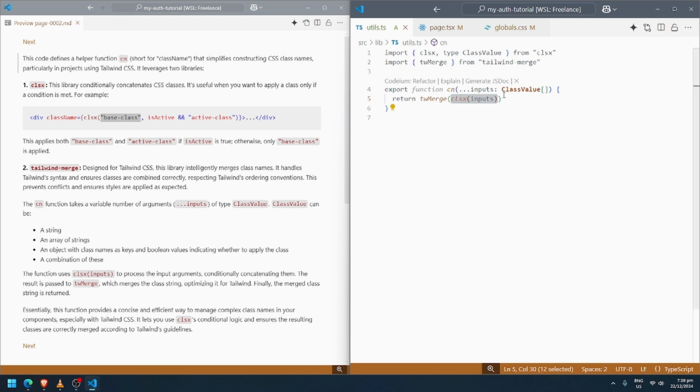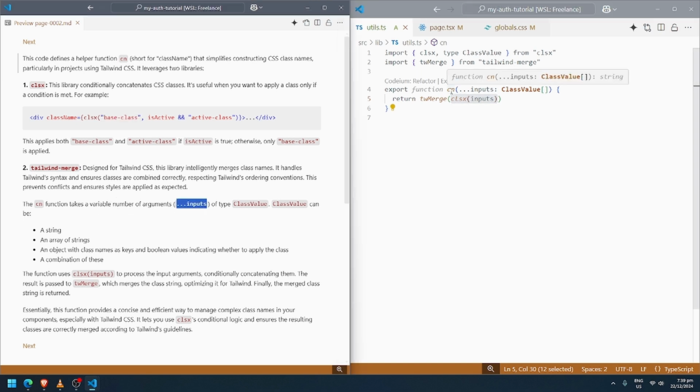So the cn takes a variable number of arguments. So the moment we use this cn in our React components, it can accept multiple classes. Class value can be a string, an array of strings, an object with class name as keys, and boolean values indicating whether to apply the class.